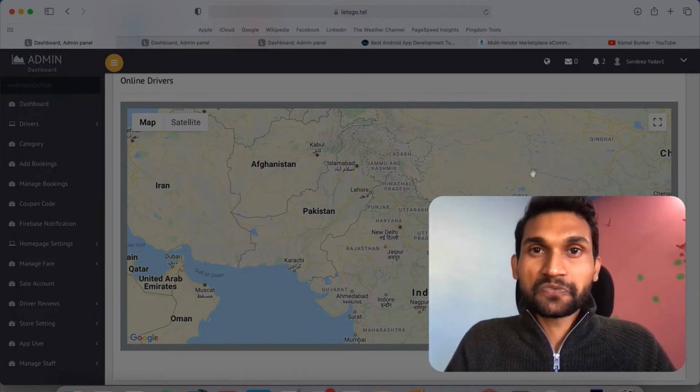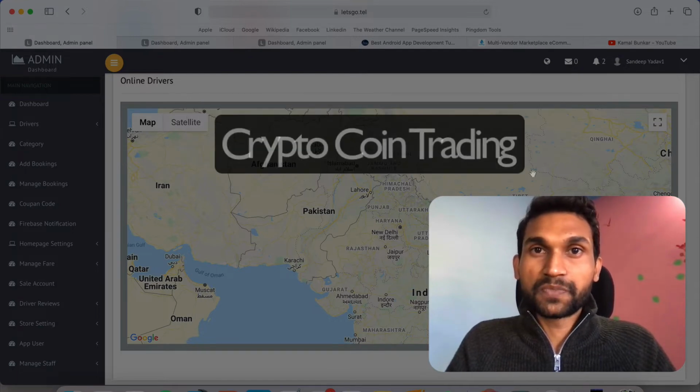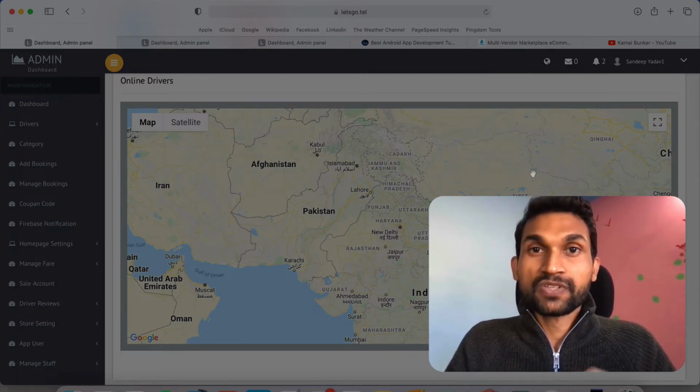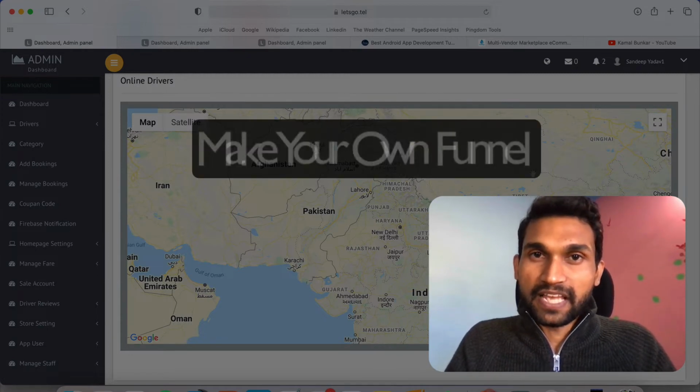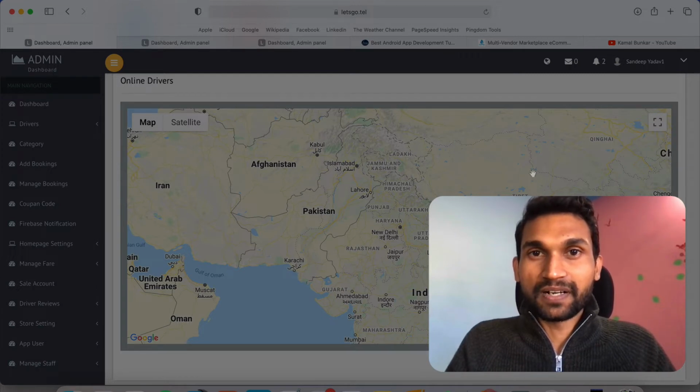And one more thing, we are also working on blockchain development. We are making one app which is a crypto trading app, same like WazirX, where you can purchase cryptocurrency and see the report, and we are even making some custom algorithm where everything will be automated. So you will set some funneling. Funneling is a term where you can set some parameters and automatically everything will work for you. We are also working on that one, and it will be released next month. I will show you the video of that app as well, and the technology we have used for this crypto trading app.